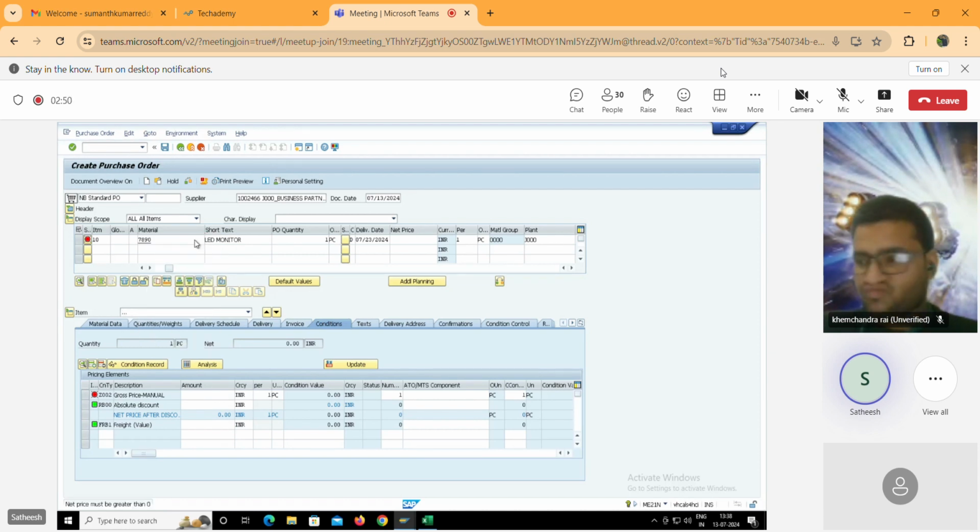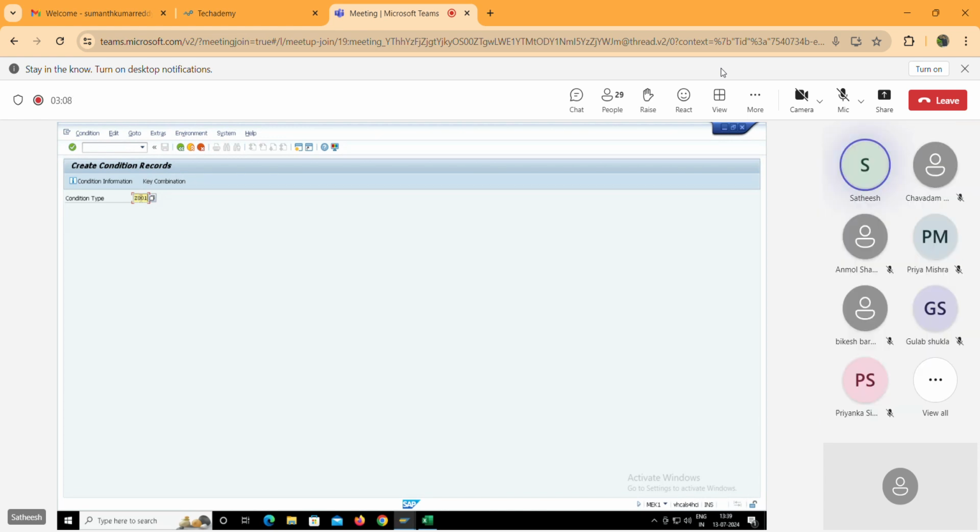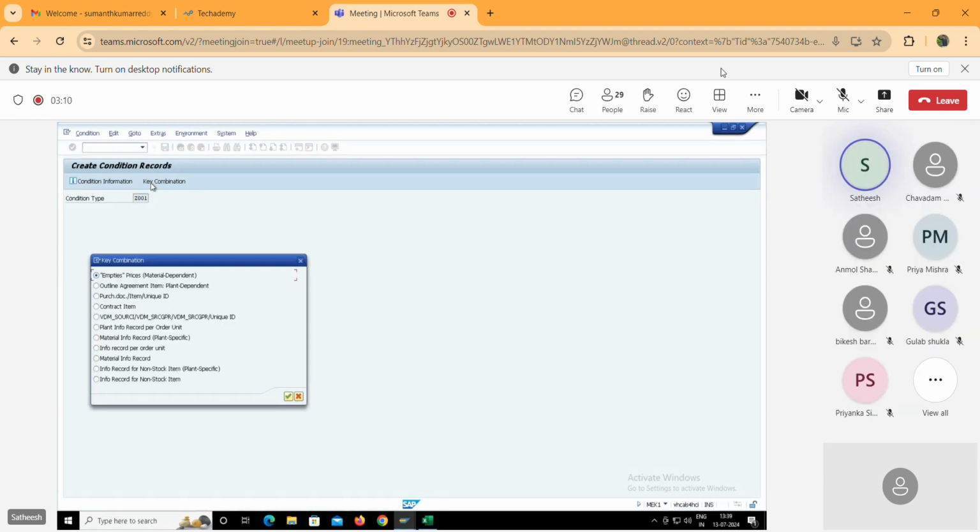Hopefully, the 7890 also should be maintained. Yeah, 7890 also is there. Okay, see, I'm creating a purchase info record now. No, I'll not create a purchase info record. I'll create a condition record using the T code MEK1, for the condition type Z001, and I'm creating it